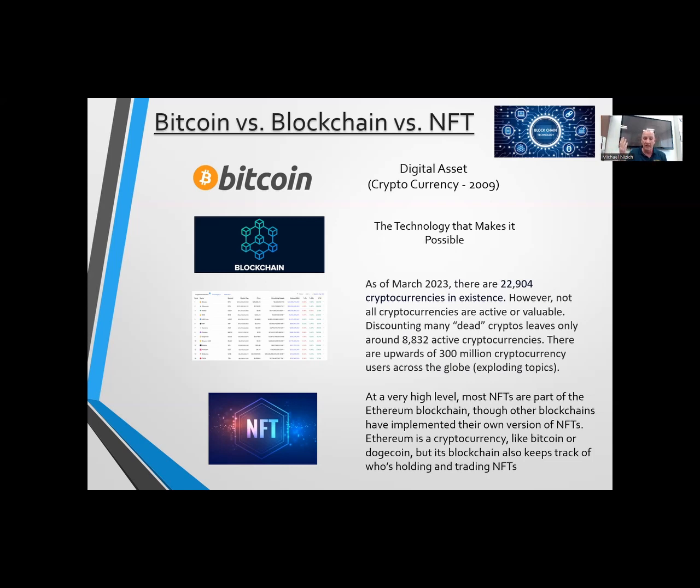Now, what blockchain technology allows to happen are things like Bitcoin and NFTs and so forth. But again, I just like to differentiate between the two. One is the technology and the platform and how it works, and then there are the things that come out of it, like cryptocurrencies, as an example. Keep in mind the blockchain is used in supply chain management and medical records and all kinds of things that are not cryptocurrency related. They're not just coin related technologies.